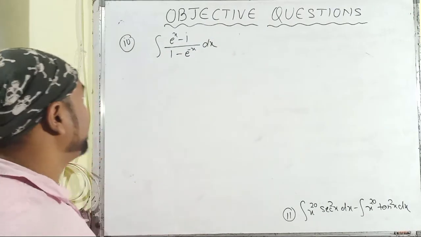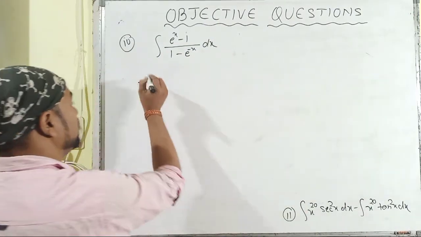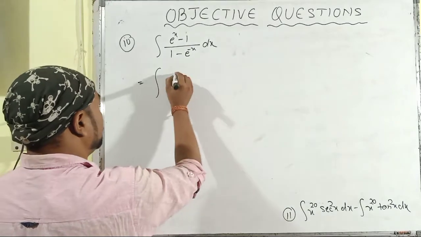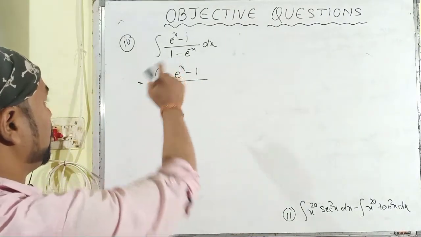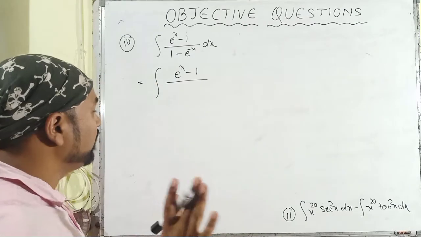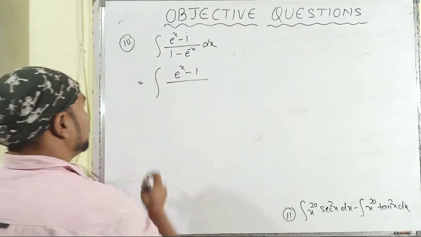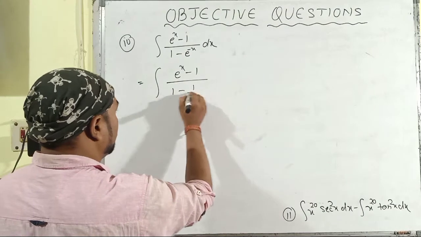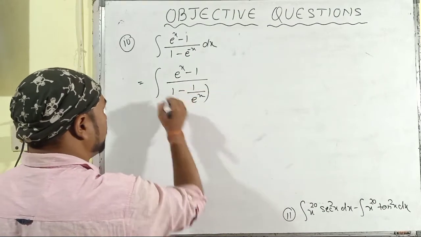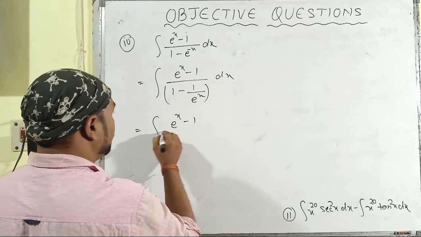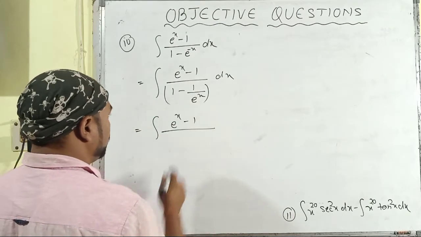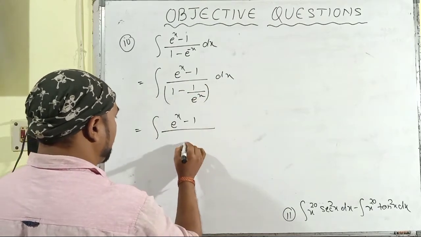So here is the problem number 10. The integral of e to the power x minus 1 divided by 1 minus e to the power minus x. First of all, let us simplify the denominator, 1 upon e to the power x. Then taking the LCM of 1 minus 1 upon e to the power x, we have,